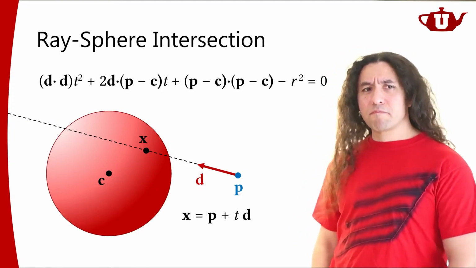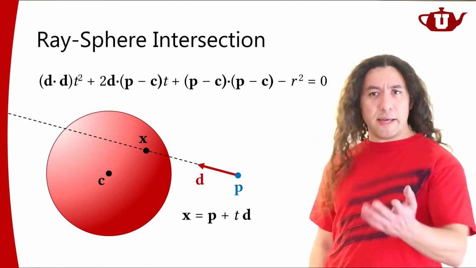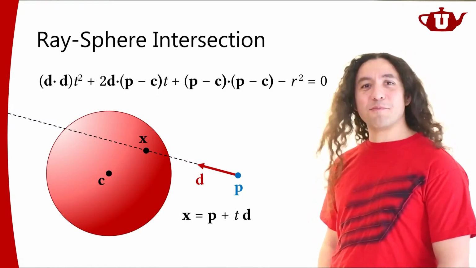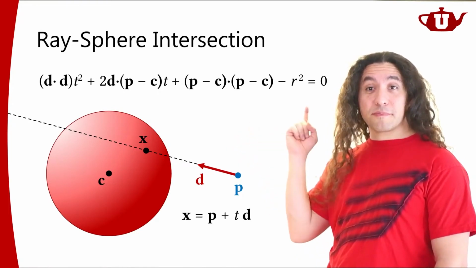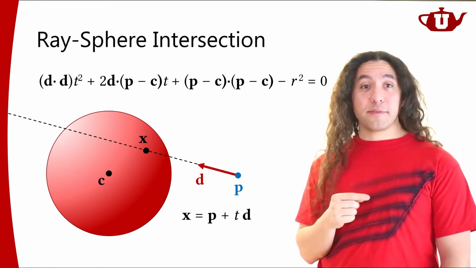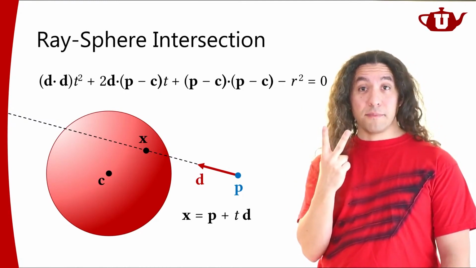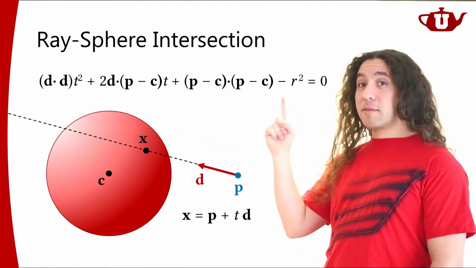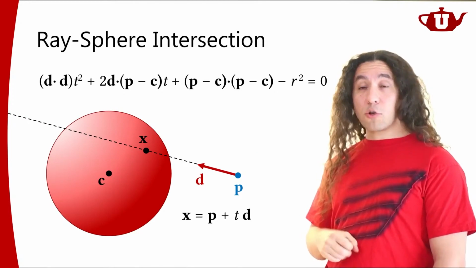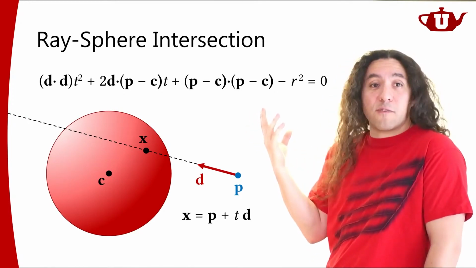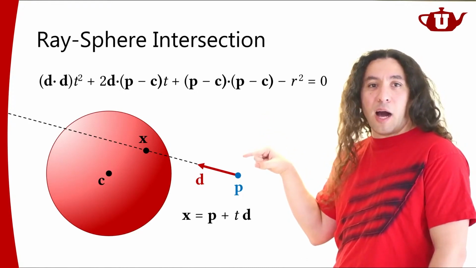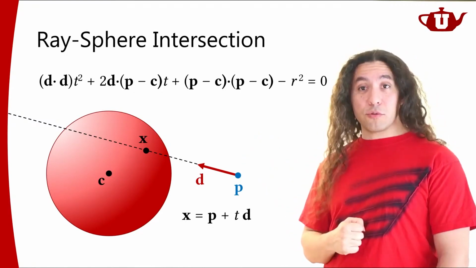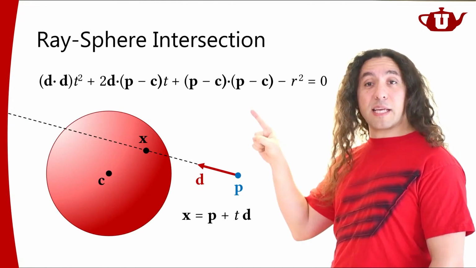So what does that mean? You must have seen this when investigating quadratic polynomials in math classes. A quadratic polynomial equal to 0 is going to have at most 2 roots. So there are going to be at most 2 different values for t that might satisfy this equation. Maybe there are no roots, so no t-value satisfies this. In this case, that means our ray does not intersect with the sphere. Or there might be up to 2 different t-values that satisfy this equation.